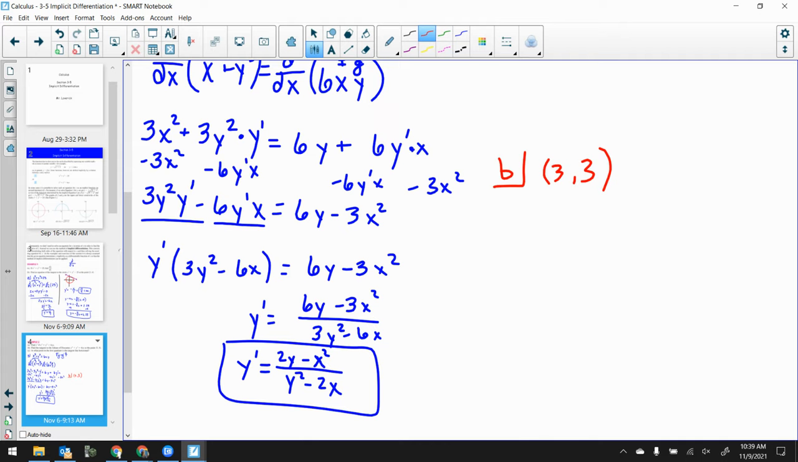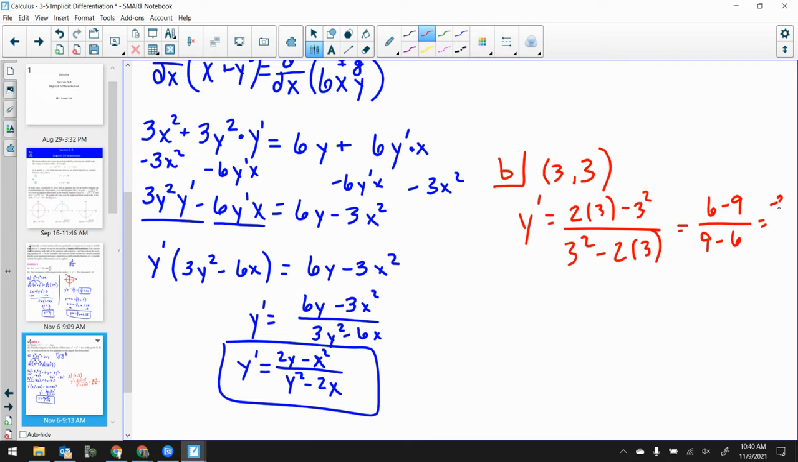Do I just need my x value? No, I need both of my x and y values to figure out what my slope is. So y prime is going to be equal to 2 times 3 minus 3 squared over 3 squared minus 2 times 3. So that is 6 minus 9 over 9 minus 6, which is negative 3 over 3, which is negative 1, which makes sense